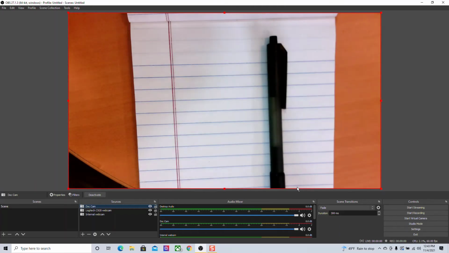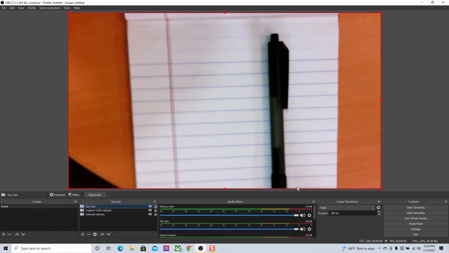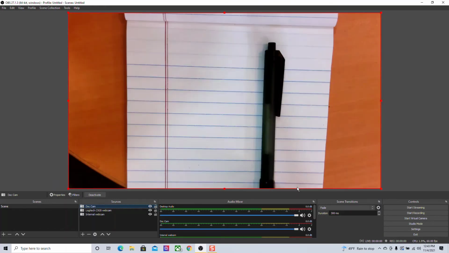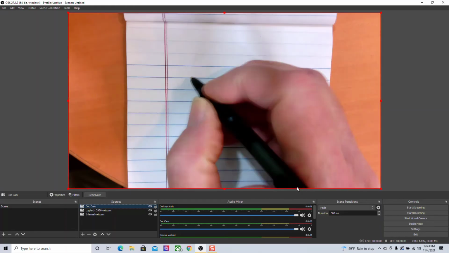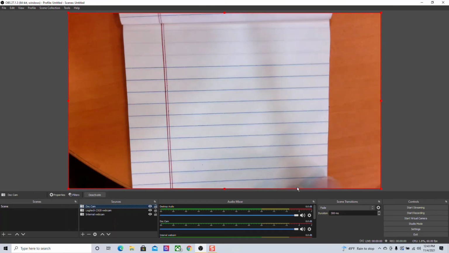It's a little fuzzy, but that's probably because the camera itself is not focused. I'll reach over and hit the focus button. And there we go. And now we have a whiteboard equivalent. I can put three-dimensional objects on here like this pen, or I can just write on it and share diagrams and text that